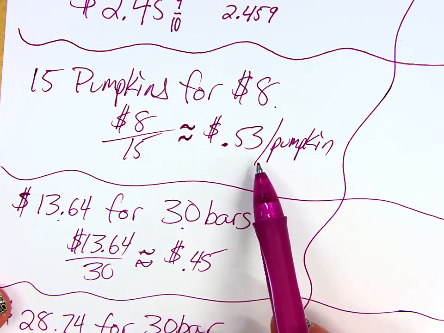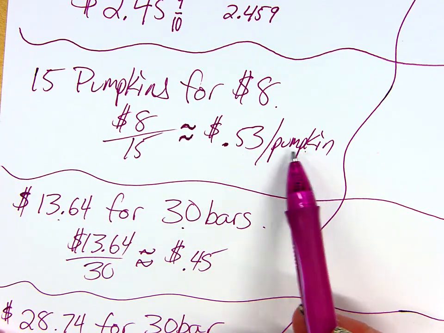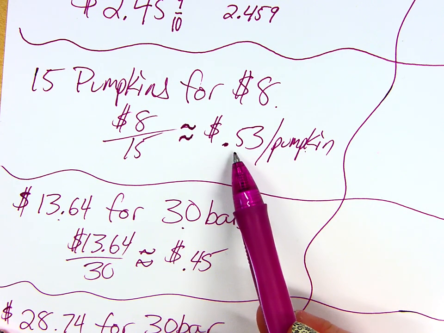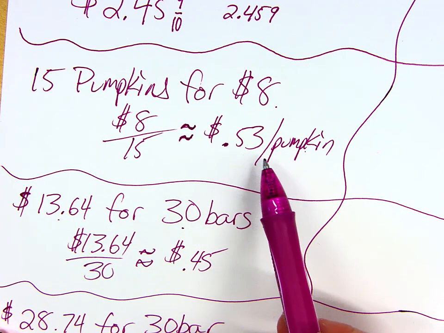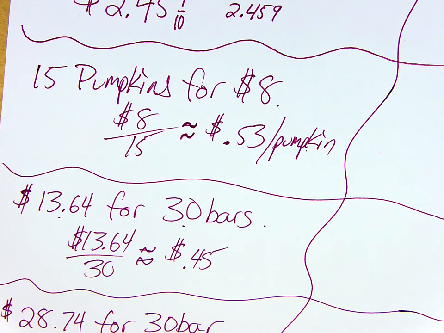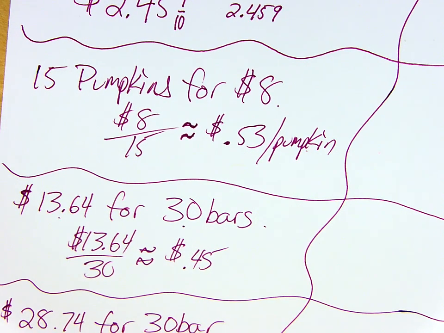Same thing, go back to the pumpkins. 53 cents a pumpkin. It doesn't mean 0.53 pumpkins per dollar, right? So the units matter a lot. Okay, you guys ready to try some? I'll take that as a yes. All right, let's get